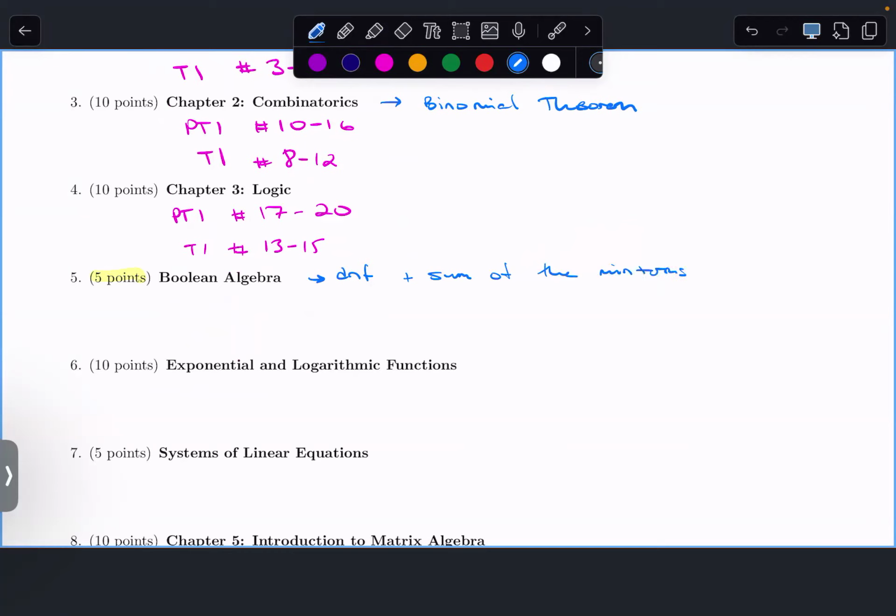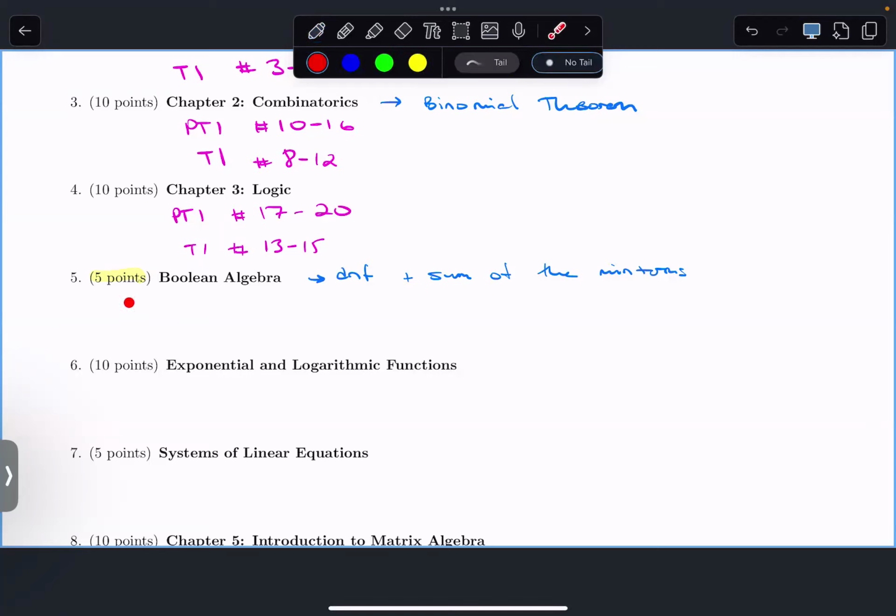We had 2 different ways of doing it, right? We can expand it by multiplying by a convenient value of 1, to find the disjunctive normal form, or you can use a truth table if you want, right? Whichever way you want to solve those is fine, but